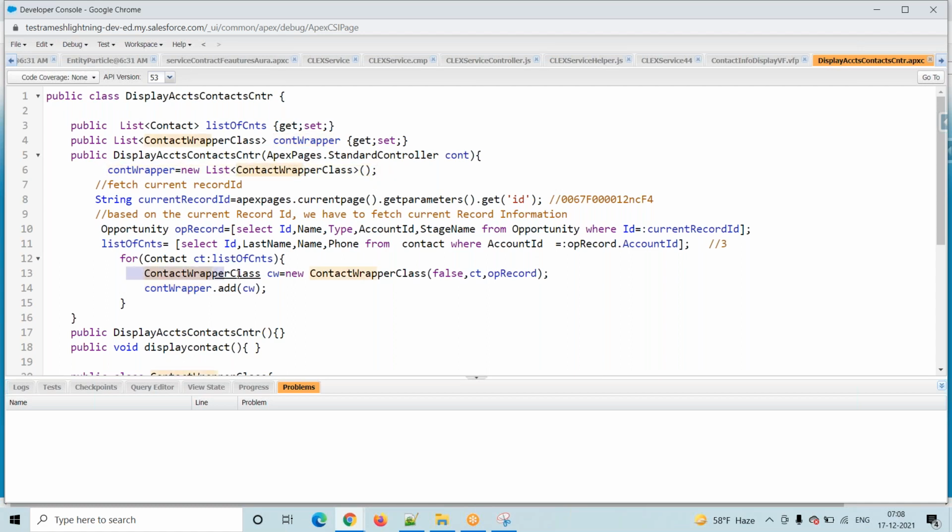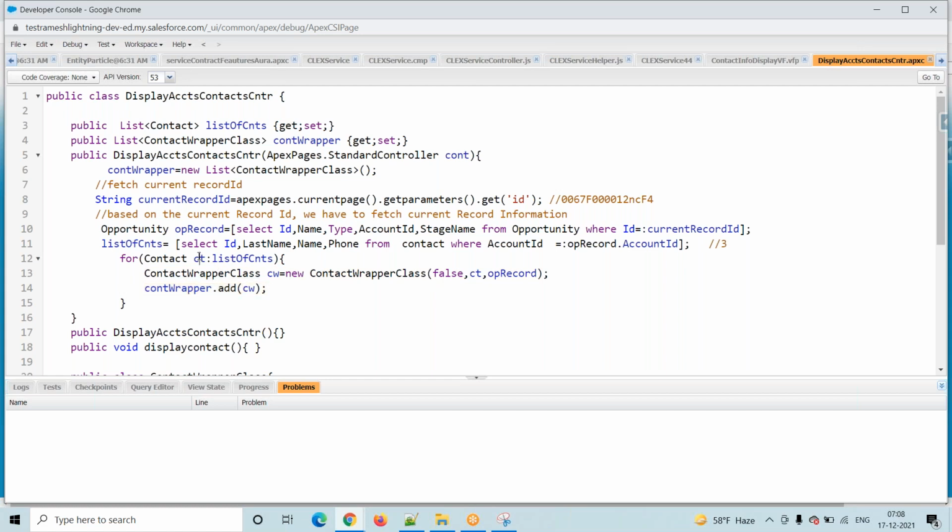Now I am adding line number 13. We are preparing one record for this contact record, this wrapper record. That wrapper record we are adding to this particular list. So see here, contact wrapper dot add of CW. Yes, instead of this contact record, we prepared one wrapper record, and that wrapper record we added to this particular list.